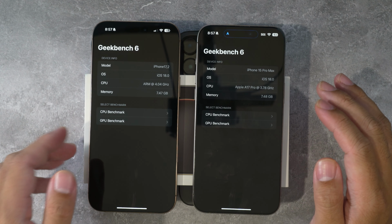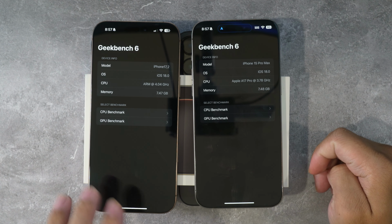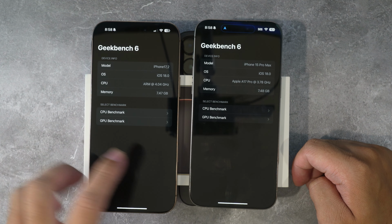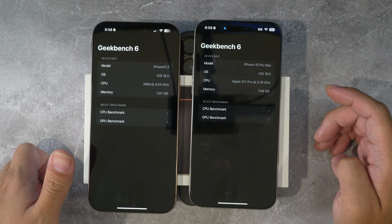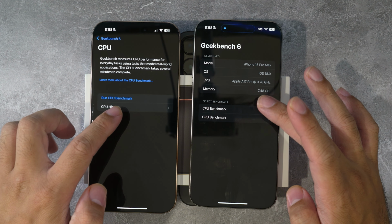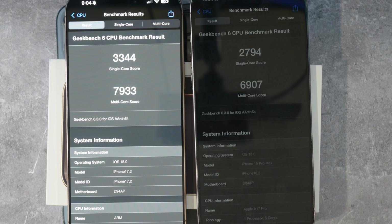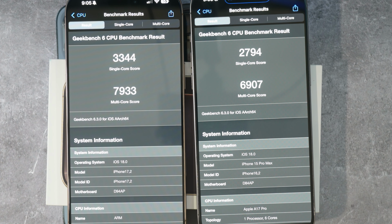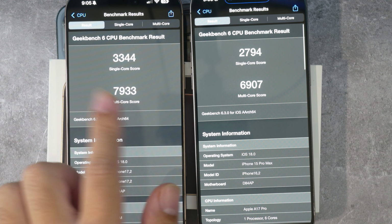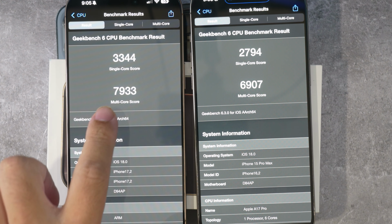And for those of you out there who care about the tech spec side, I have Geekbench loaded up here, and you can see, at least at a hardware level, you have the iPhone 16 Pro sporting the new chip at 4 gigahertz, with the A17 Pro here sporting the 3.78 gigahertz chip. And we can go ahead and run that CPU benchmark just to see how they stack up side by side. At least on the CPU side, you can see that clearly the new 16 Pro outscores on both the single core and the multi-core. You have about 3,344 compared to 2,794. And then the multi-core, 7,933 to the